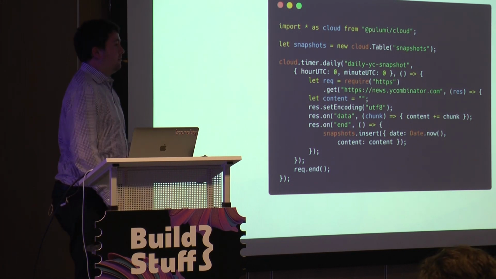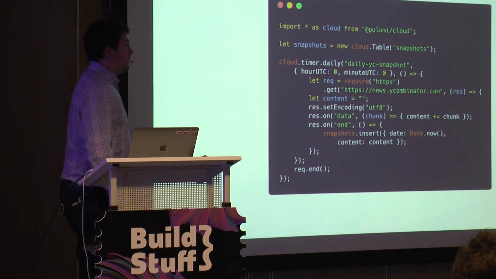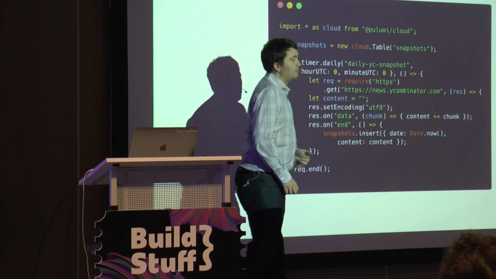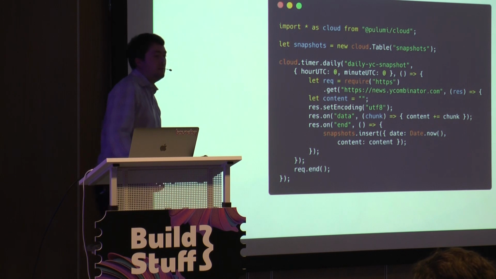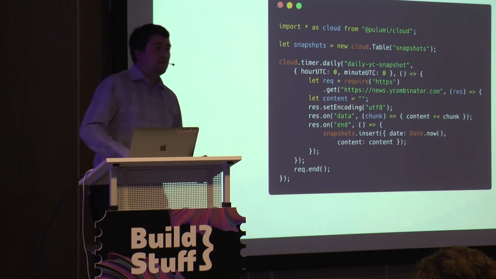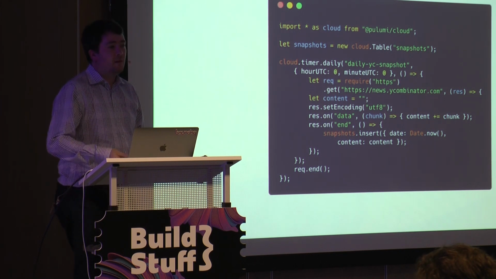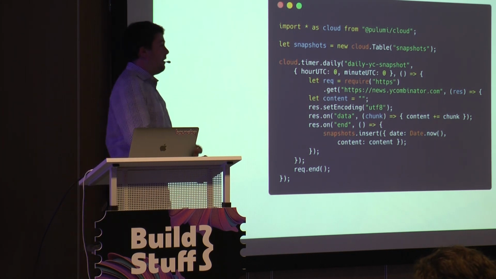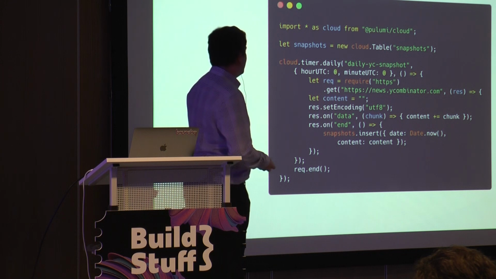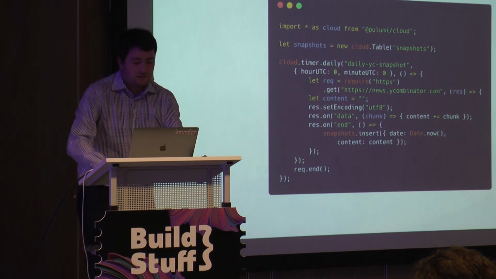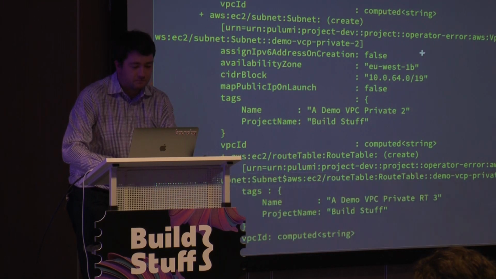But just using the tools available in a programming language, we can take this entire block of code, work out what it depends on, serialize all of its dependencies as a Lambda function and all of the accoutrements of a Lambda function, and create them via the same mechanism we were just using to create VPCs. It's kind of magical when you look at it. I'm going to pull up an example of it.